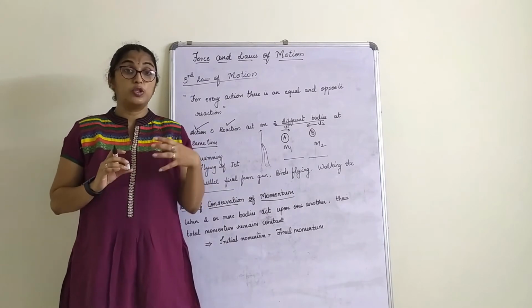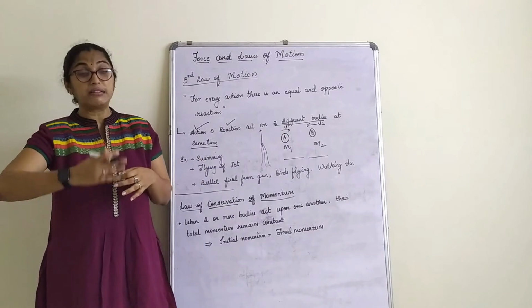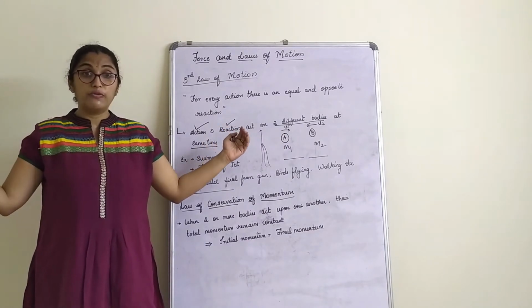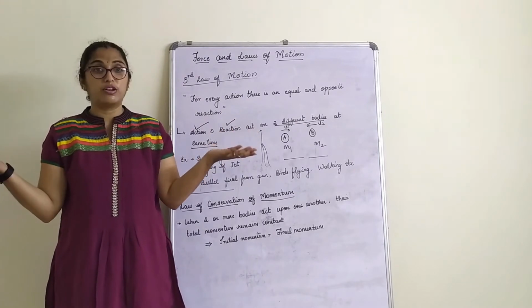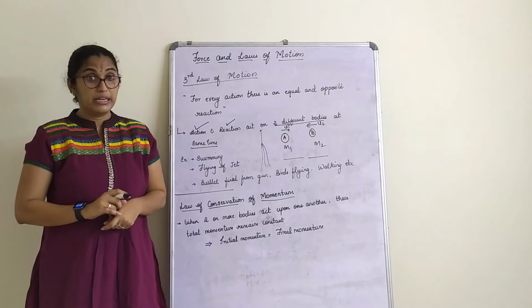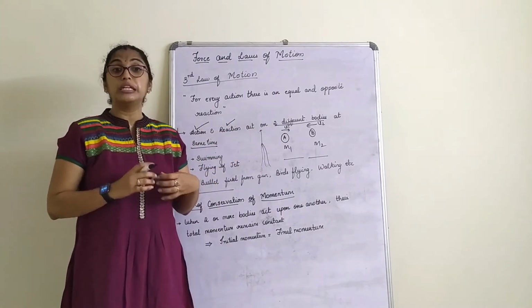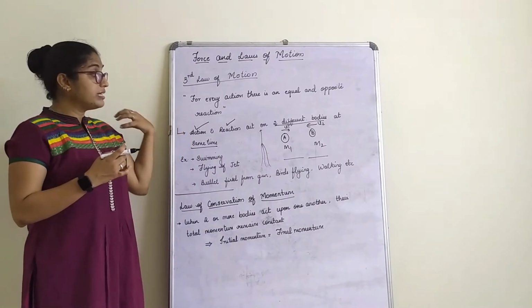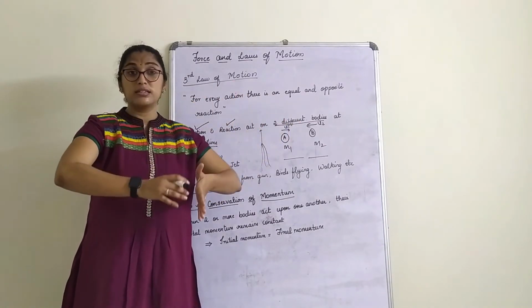Again, assuming that there is no external force acting on them, right? Any other external force. So with what velocity it is coming, it goes back with the same velocity. So here we can again assume Newton's third law of motion. Correct? Yes. We will be applying Newton's third law of motion to tell that when a body is coming with a certain momentum and it strikes a certain object